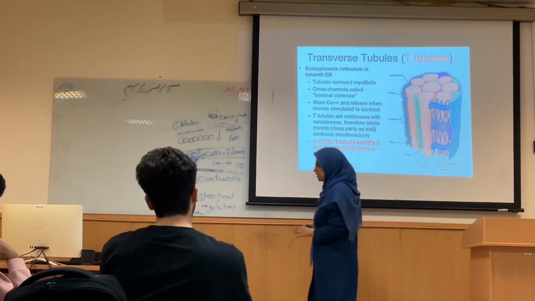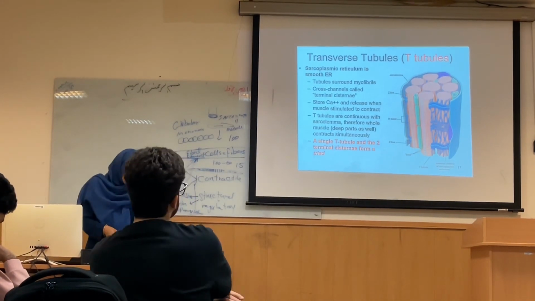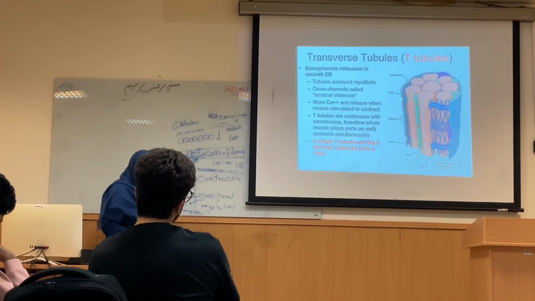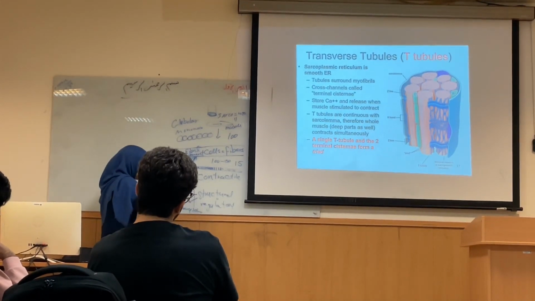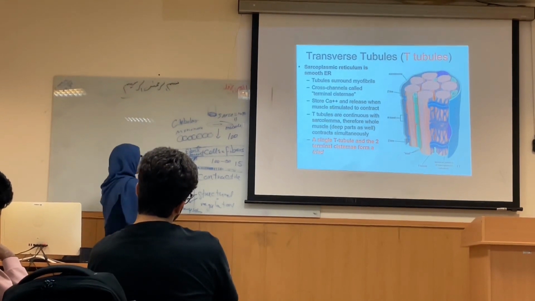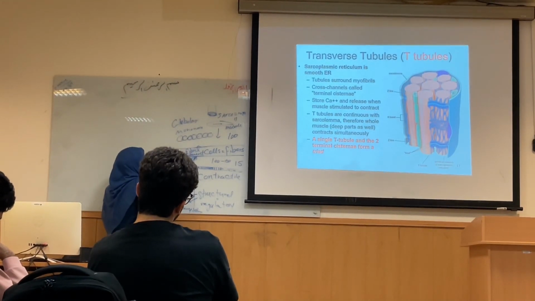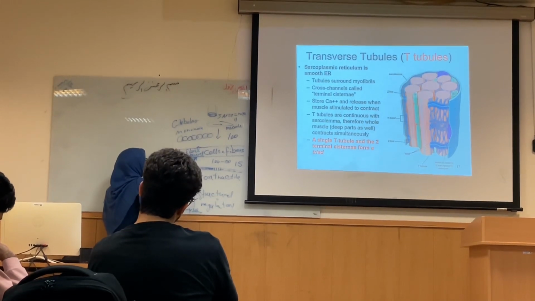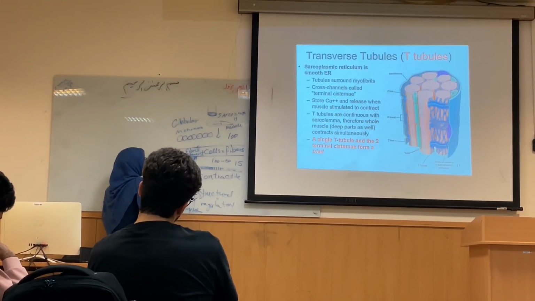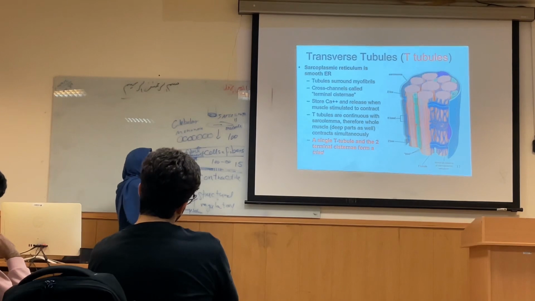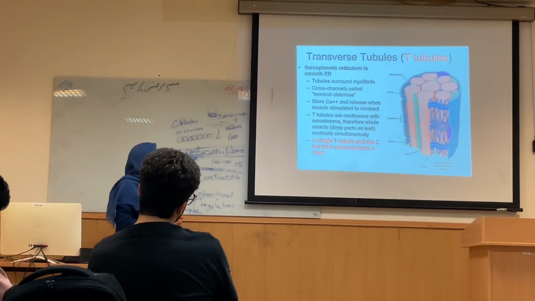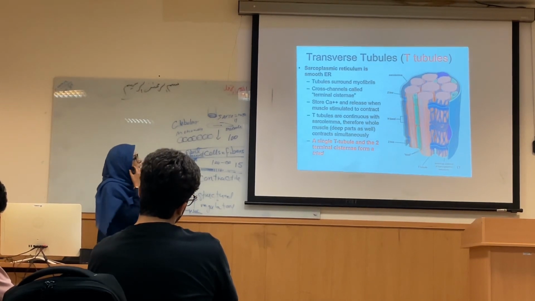T-tubules. What are the T-tubules? They are transverse tubules. The cell membrane of the skeletal muscle invaginates to the inside of the cell, because they are located transversally and have tubular structures named transverse tubules. These tubules surround the myofilaments,